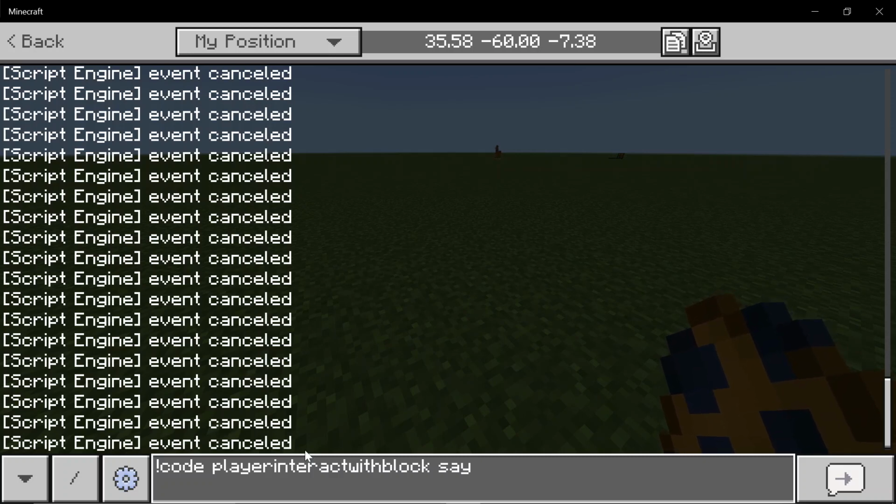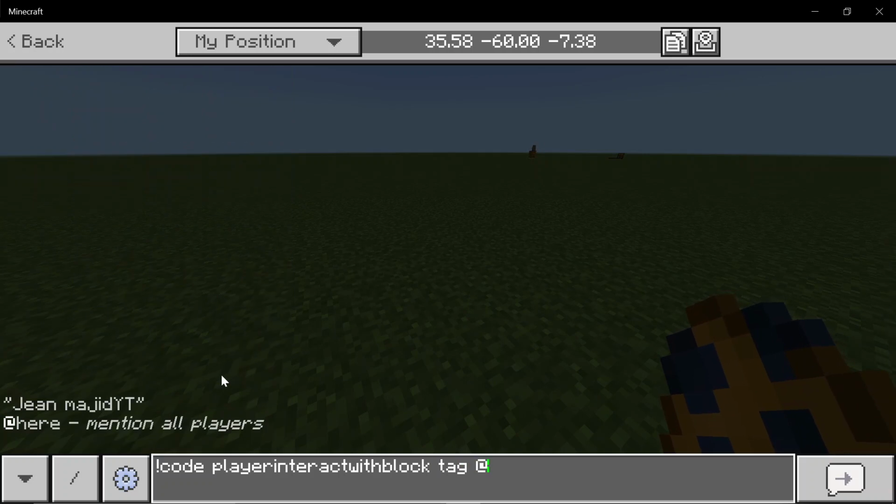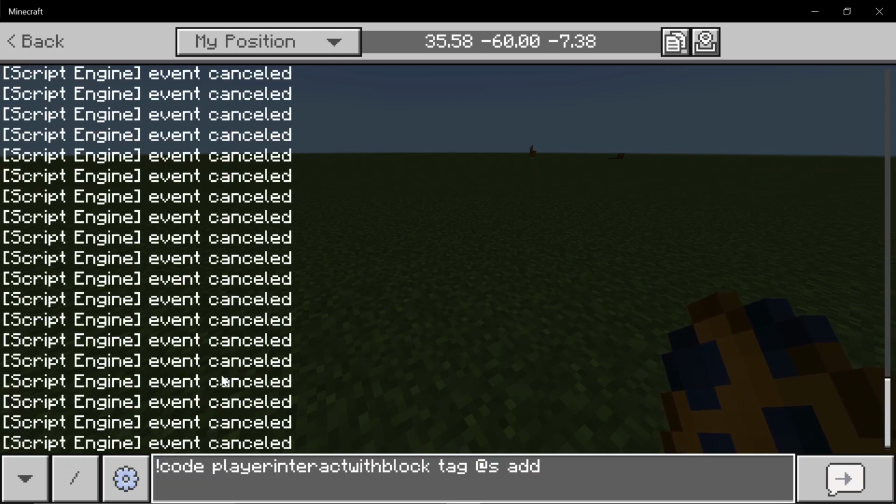But I will change it so that by default it executes as the player, and with the option at world you can run as the world, but this needs to be implemented, because if we execute from the player we can actually do something like tag at s add, I don't know,